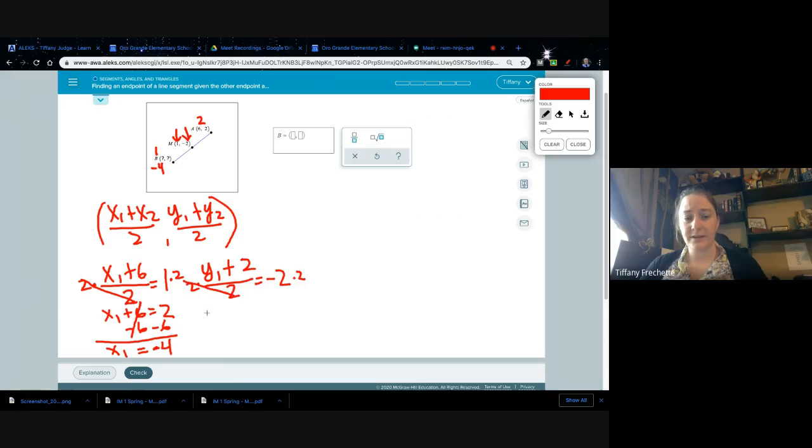That cancels. I have y1 plus 2 equals -4 minus 2 minus 2. And my y1 comes down. 2 minus 2 cancels. And I have -4 plus 2. They're the same. They're both negatives. So I add and keep the negative sign. So this was a -6. So this was my beginning coordinate. So if I do the same thing,